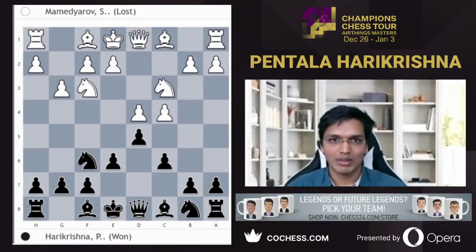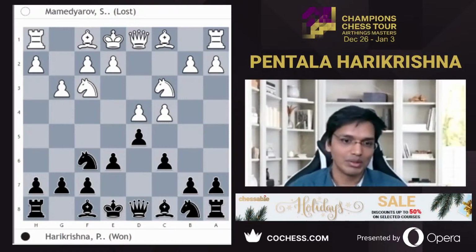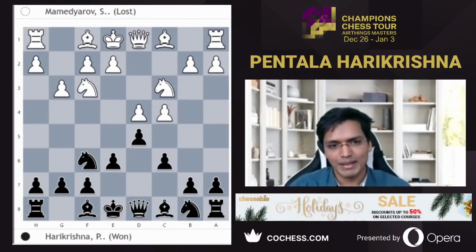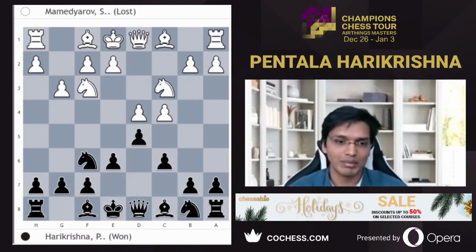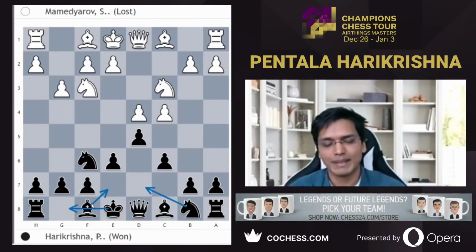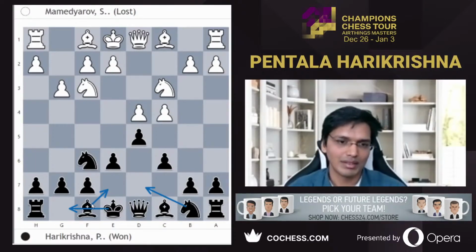Also, if black is not aware of fine points, he can end up worse in no time. And here, black can play just bishop e7, knight bd7. Let me draw some arrows, and to keep the position close. Okay, maybe white gains some advantage, in the sense, if